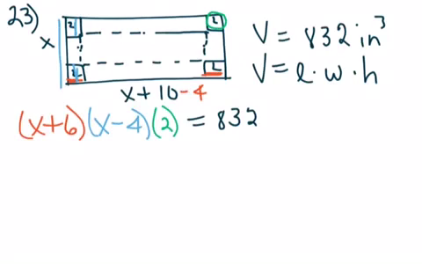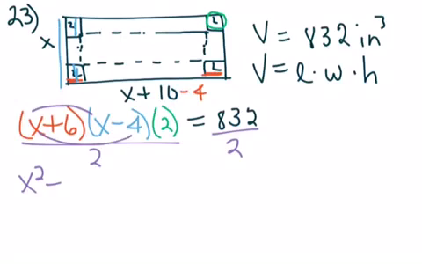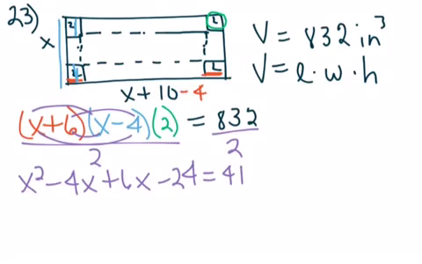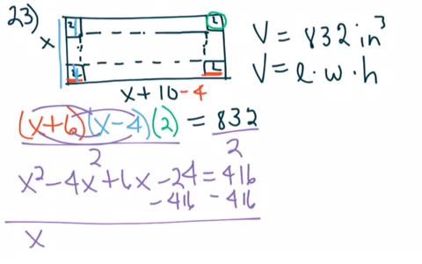Well, the first thing I'm going to do, just because I'm like this, is I'm going to divide both sides by 2, because when I see a number like 832, I get nervous. So let's FOIL this. X times x is x squared. X times negative 4 is negative 4x. 6 times x is 6x. 6 times negative 4 is negative 24 equals, and 832 divided by 2 is 416. Before we can solve it, we have to put everything on the same side. So let's subtract 416 from both sides. And we have x squared minus 4x plus 6x is plus 2x